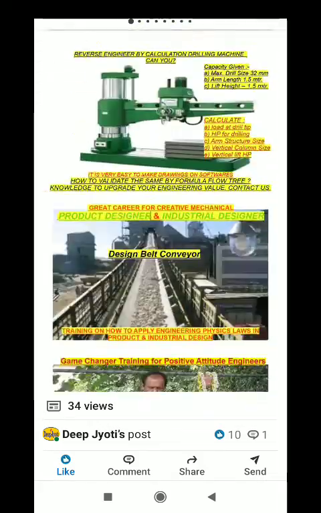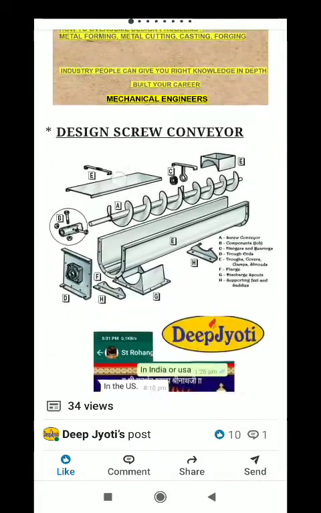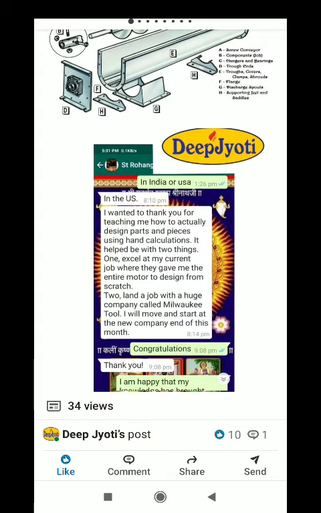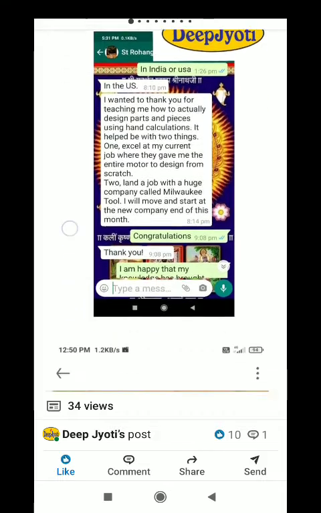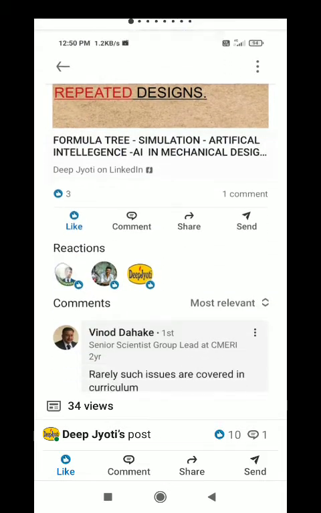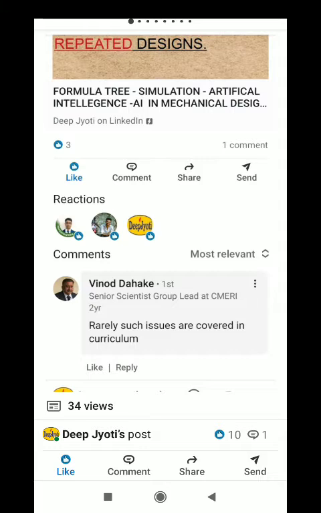So what do our trained engineers say about this? Now this guy is from USA, and he has undergone our total design program of 4 months, and it has included hydraulics, gear design, shaft, bearings, lubricants as well. And he has been selected by a very big company. He is very happy with our program. Now what does Mr. Senior Scientist want to say about our program?